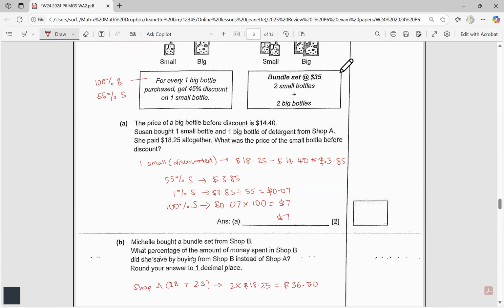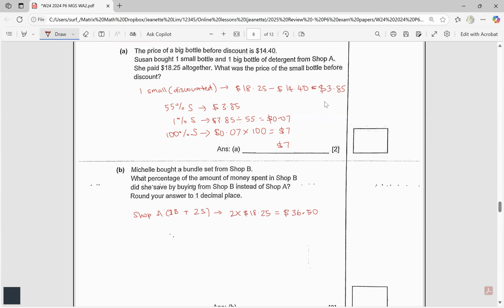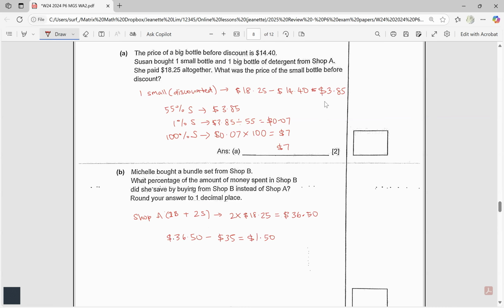But instead, if you buy from shop B, you only pay $35. So the savings will be 36.50 minus $35, which is $1.50. Now, this is not the final answer because they're asking for the percentage of savings. So the savings is 1.50. We should be using 1.50 over what? Since you're comparing against shop A, the denominator should be shop A's price, which is 36.50